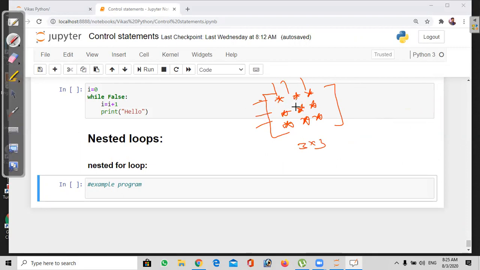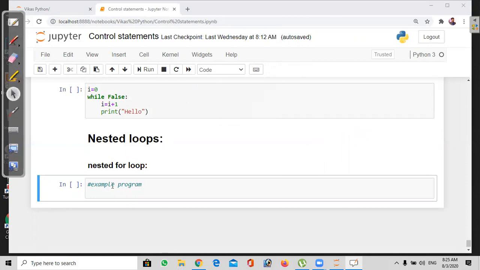Every time if you want to access a value, we have to get the row value and also the column value. Then only we can get this value. So for maintaining rows, we require one for loop. For maintaining columns, we require one more for loop. That means with nested loops we require two for loops, which are dependent loops. So how do we work with this?